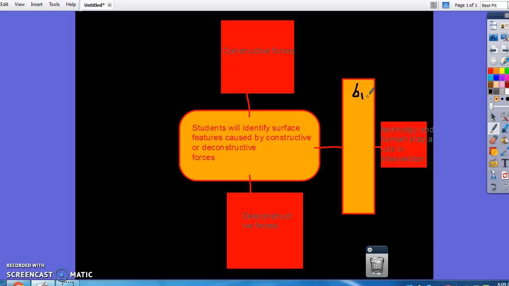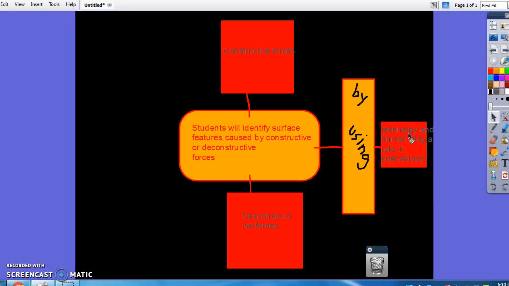By using... So with this identifying the surface features, we will be using technology and humans and how they play a role in that intervention. And that's our roadmap to try to help me